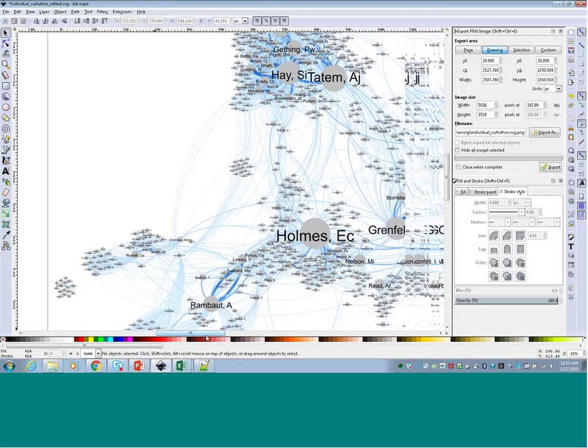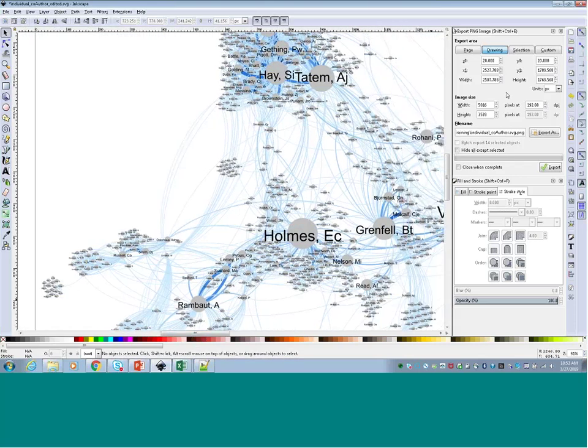So in the box, you want to change a couple of things. You want to change it from the export area, from the drawing to the individual page. For some reason, it will default to the drawing, which will just have the actual set of images rather than the entire page size. So we want to have a little bit of buffer between the image and the page size, so select page. And then we can change the image size or the resolution of the final image that we want.